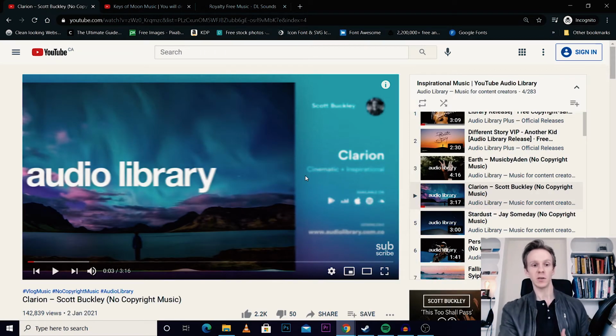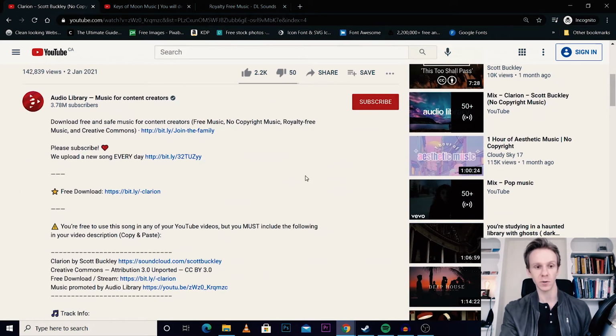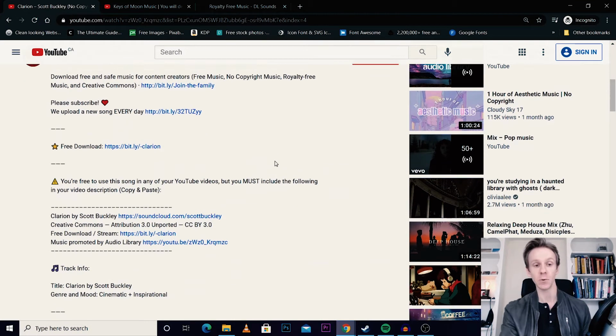Once you find the music you like, have a listen, play around with it, and then you can go down into the description and there'll be some information there about how you can use it or where you can download it from. So you can see here, there's a download link. Now sometimes it will take you to an external link. It might just request you to give them a thumbs up on Spotify or somewhere else just to support the artist. But most of them will tell you if you can download them for free, so you know that it's safe to use.